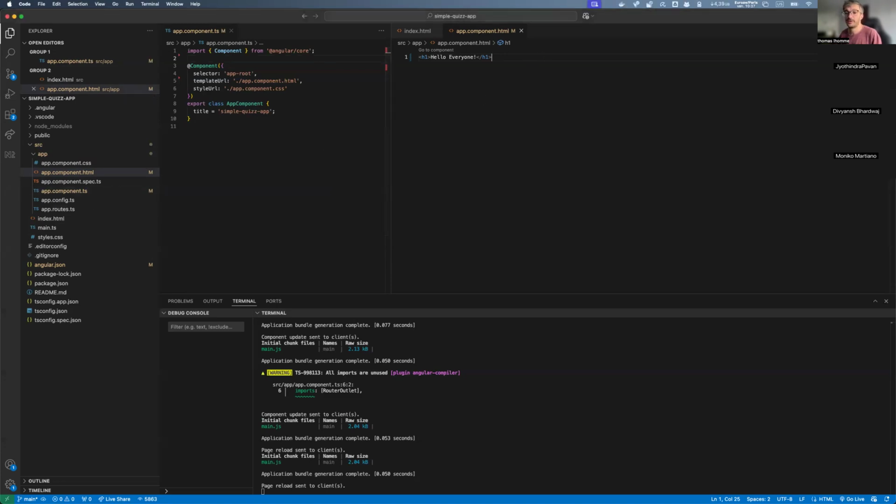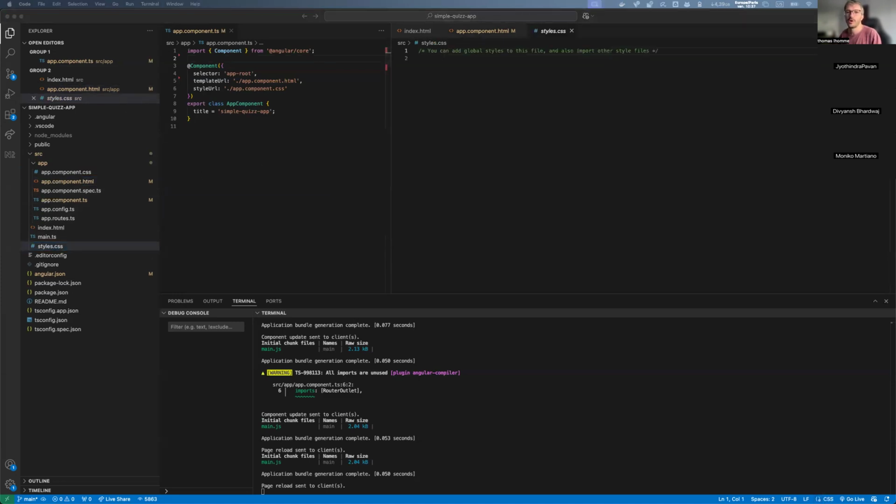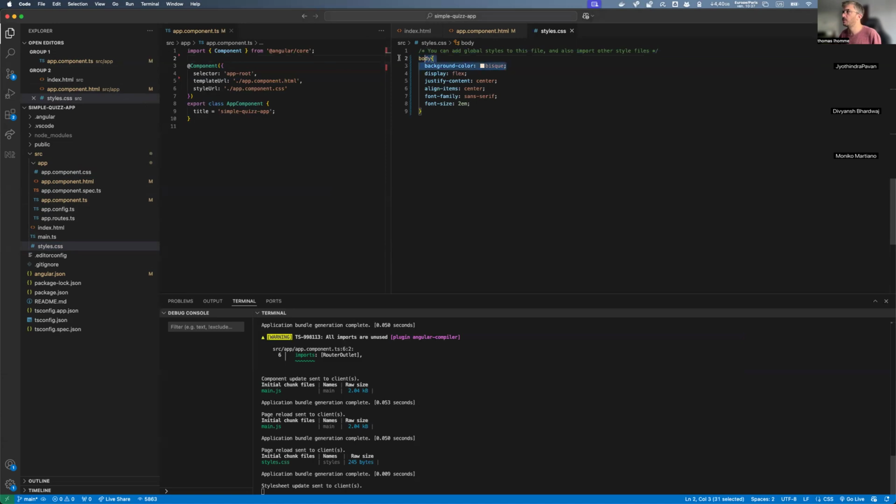So I'm going to copy paste the CSS as well into the chat if you want it. It's very few lines, but I don't want to code them one by one because it takes too long. But basically, I'm just saying that for the body, you want a specific background, you want everything centered, you want a new font family and to increase the size of the text. That's the only thing I'm saying.